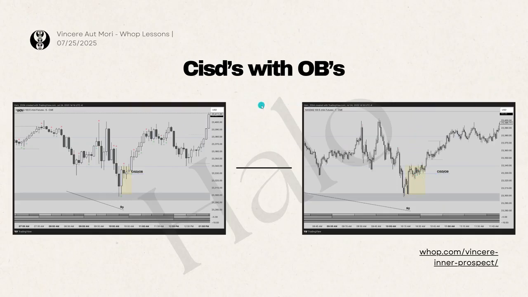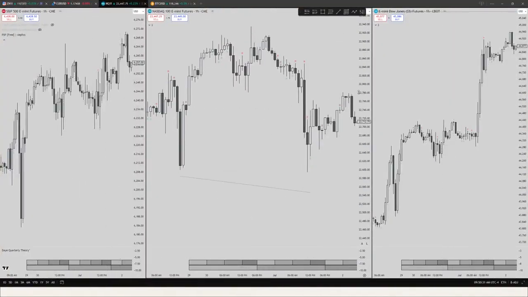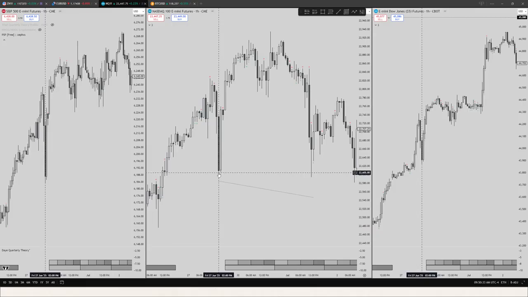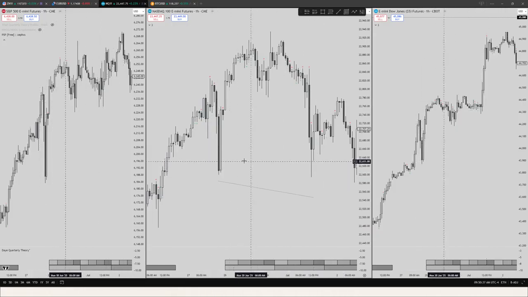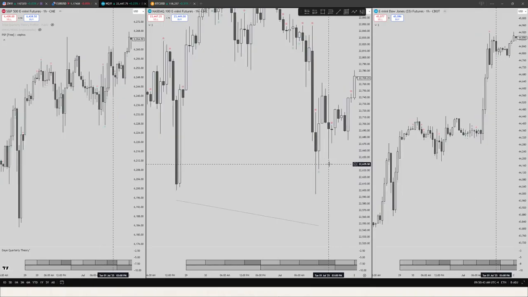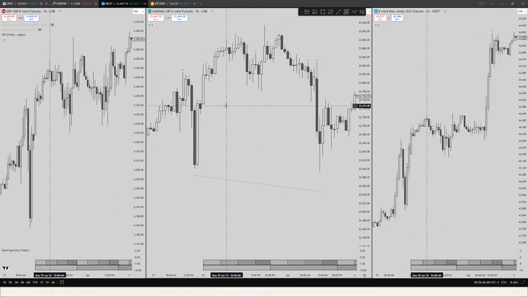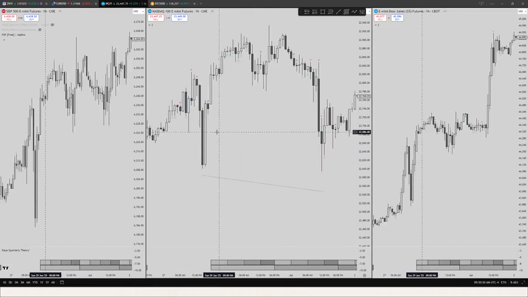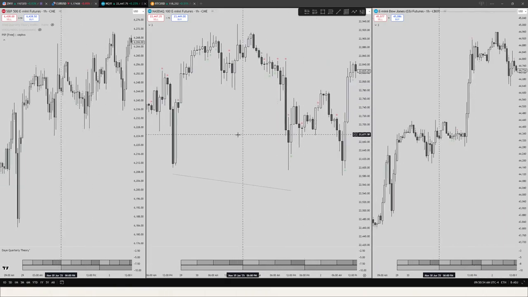So now I'm going to show you guys some examples of this, right? So here you have a non-sequential SMT, just a normal SMT at the lows, right? A normal SMT at the lows. And then what do you see price do? Right? Again, this is internal range liquidity being swept. So it's important for a certain reason. I'm going to explain why. So anticipating